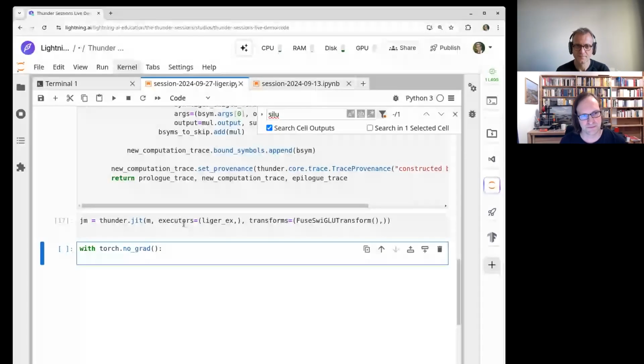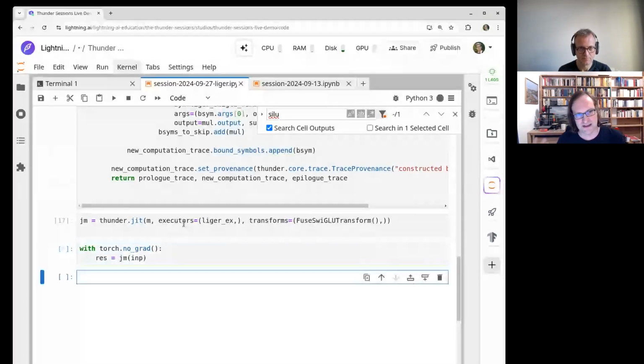And so we need to do this, but now we can do the result as jmint, and it will take a minute to run here because it needs to reacquire the program. Maybe we should have just taken one layer, right, in order to save time on the video.